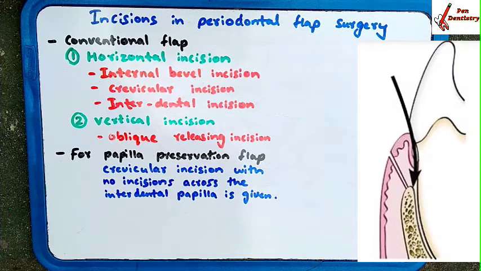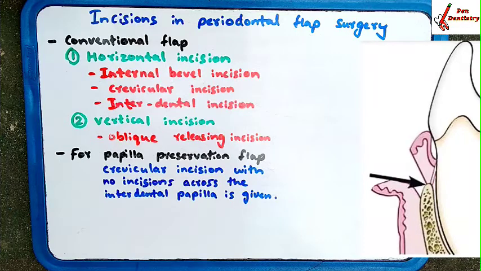If inflamed granulation tissue is present, it will be removed with the help of the internal bevel and crevicular incision. The pocket wall, junctional epithelium and connective tissue fibers, if these things are present, that is junctional epithelium containing connective tissue fibers where fibrosis has occurred, or the pocket at the lateral walls of the gingiva and the sulcus, will be removed with the crevicular incision, as you can see in the picture.